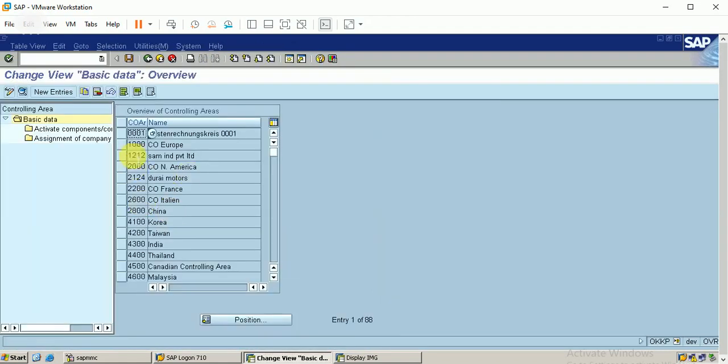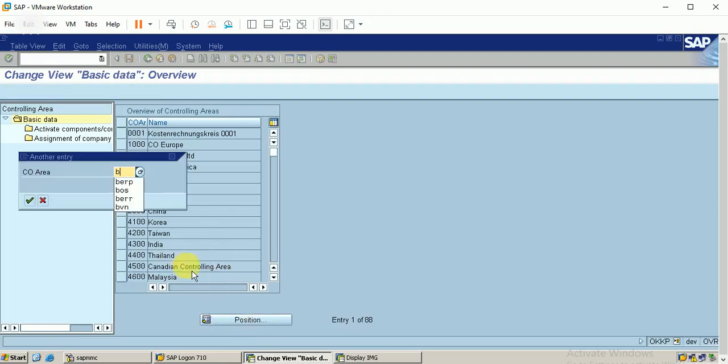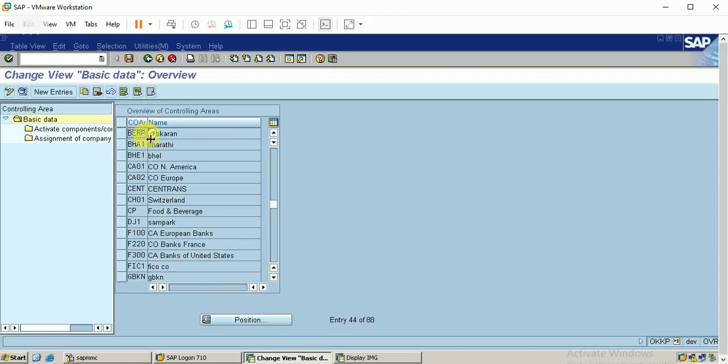The same we will achieve in enterprise structure also, but there we will miss these things. Here we will find these two extra configurations. So I'm searching for my controlling area that we have created in our enterprise structure. Selecting this and clicking on activate components, control indicators.